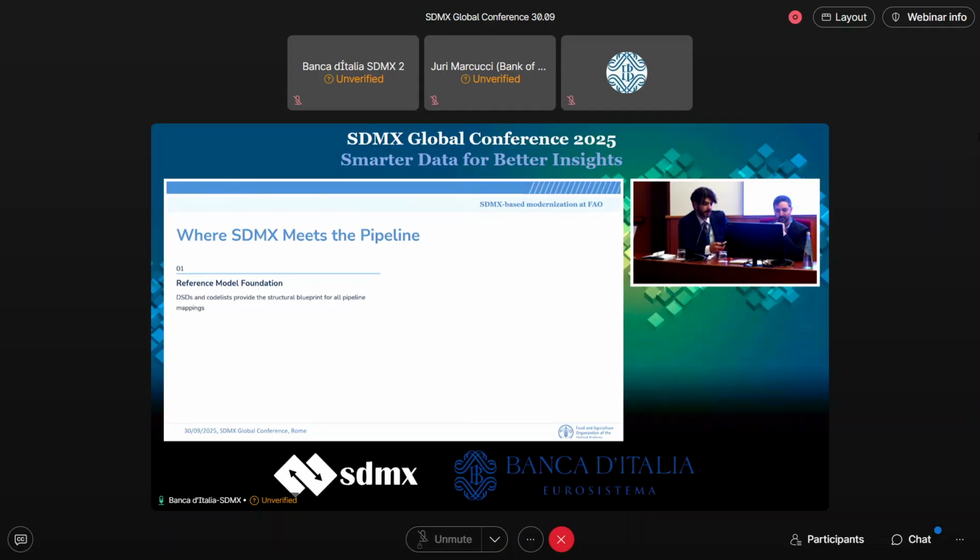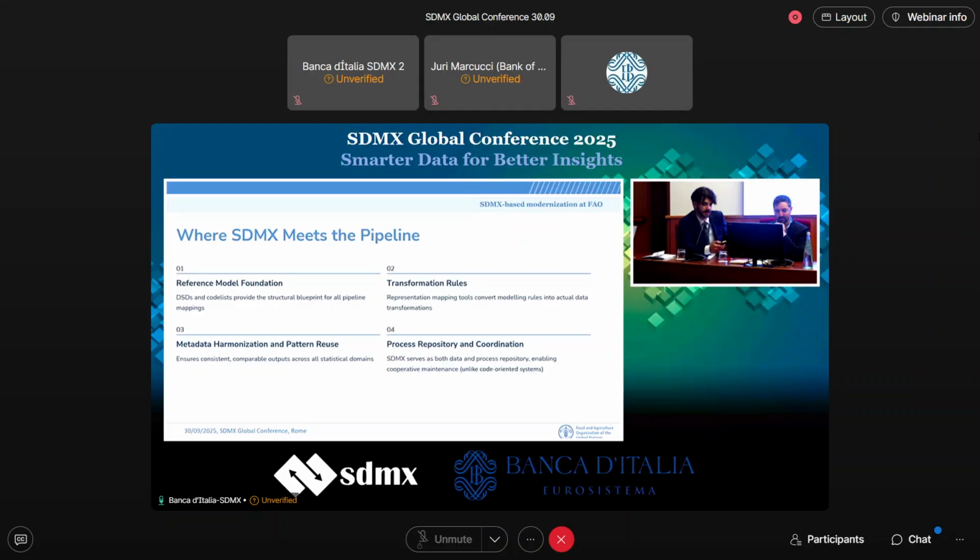And where SDMX plays a role in the pipeline, well, of course, the first thing is to create the structures to describe the data. So we create DSDs and code lists to describe the data at all stages of the pipeline. Then we define the transformation rules to move the data from one stage of the pipeline to the other one. And we always keep an eye on data harmonization, which allows us to use mostly code lists and representation maps across different domains. And in this way, we managed to have SDMX not only as a metadata repository, but also